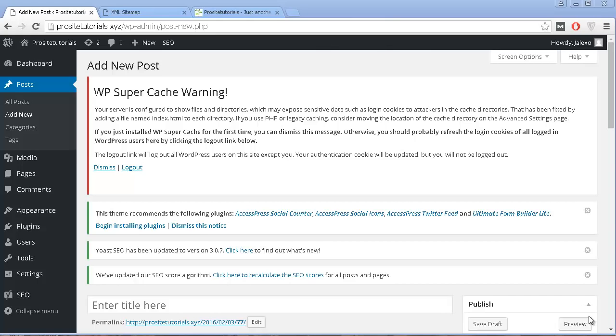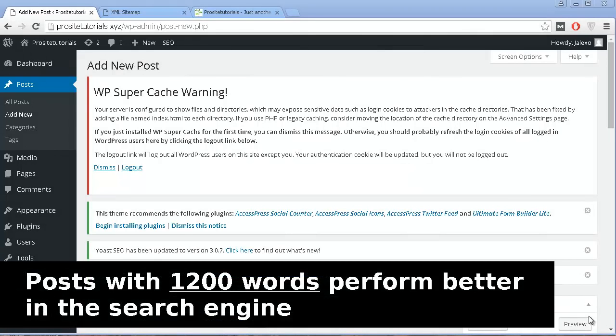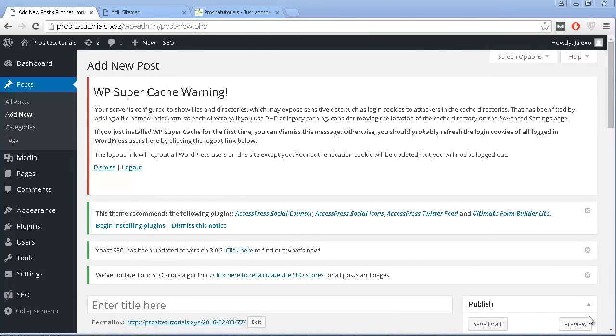It has been proven more and more that Google is giving better rankings to websites that have posts with a lot of information, and posts that have at least 1,200 words have been doing better in the search engine. Now, I know that this is a lot of content, and if you have a website, many times it's hard for you to always write that amount of content for every single topic